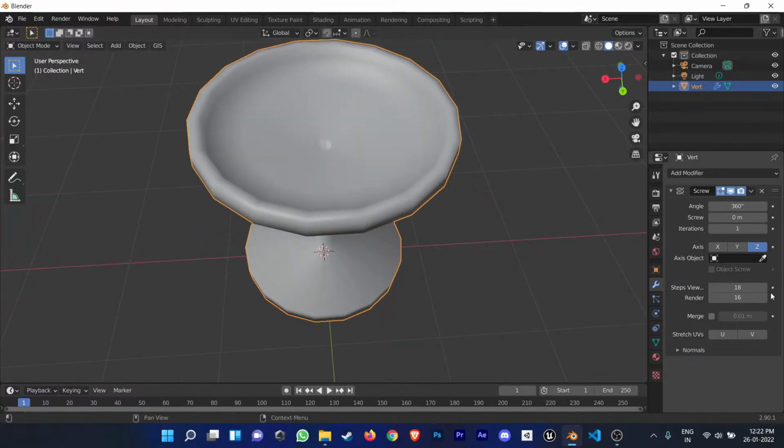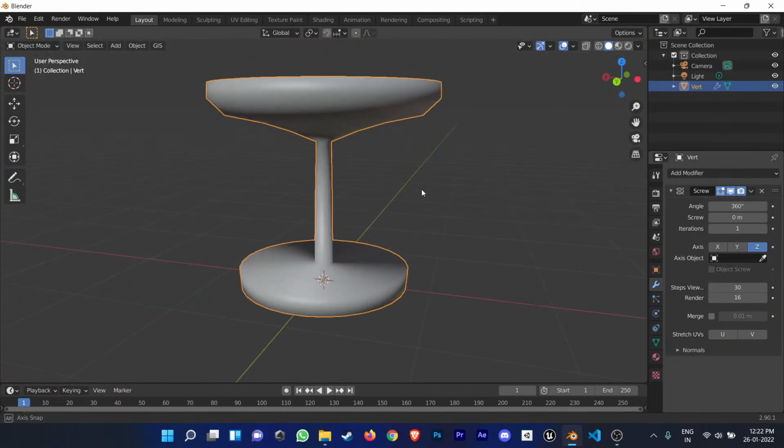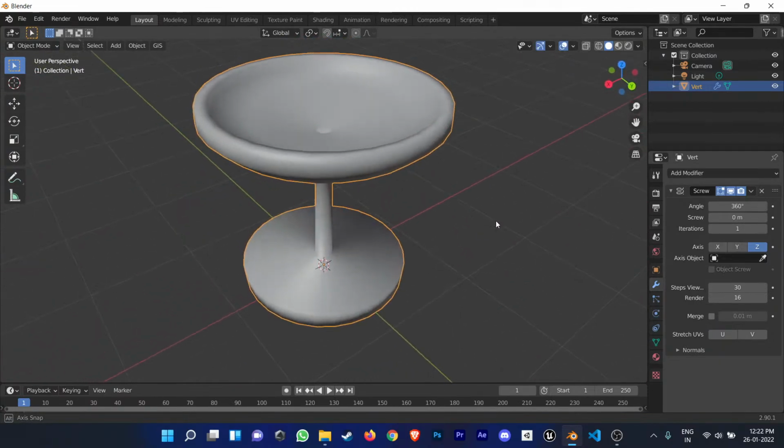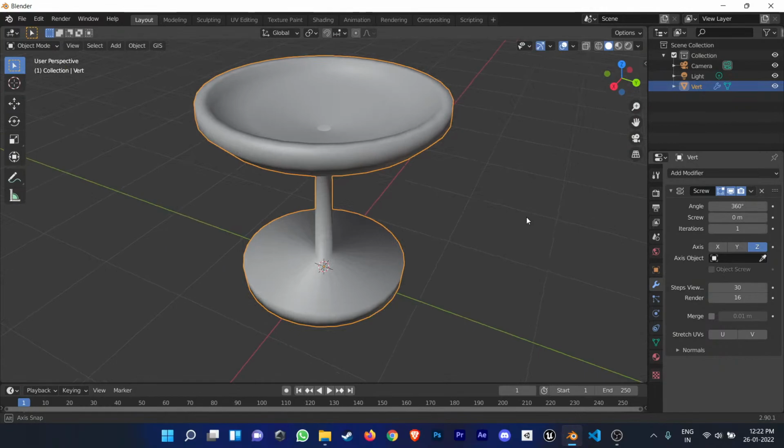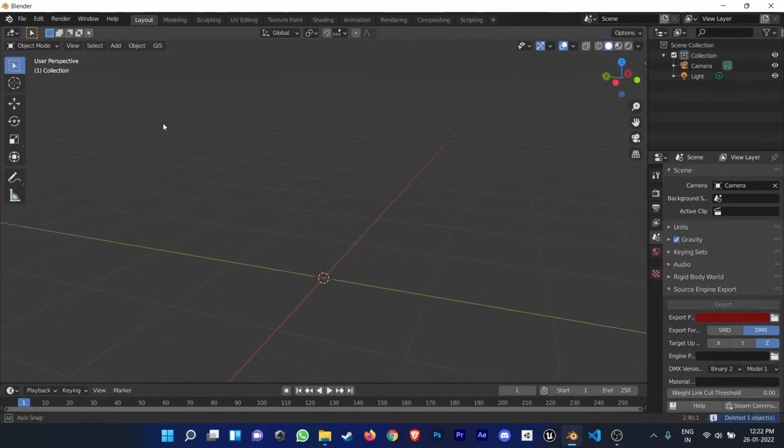Yeah, I need to provide more geometry to it. Let's do this. I'm not going above 30 because I think my laptop will crash again. Yeah, you can see that it is way smoother. There are other things like UVs, and I told you we are not going to see the UV stuff here itself. Let me delete all this stuff and show you one more example of